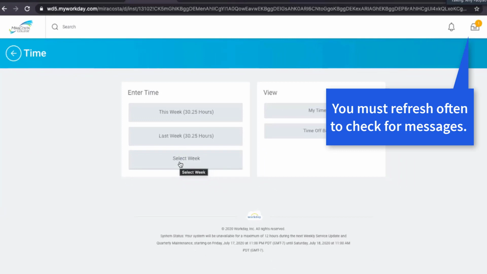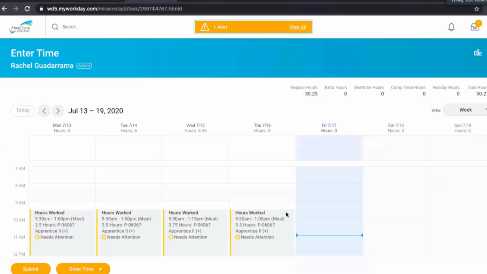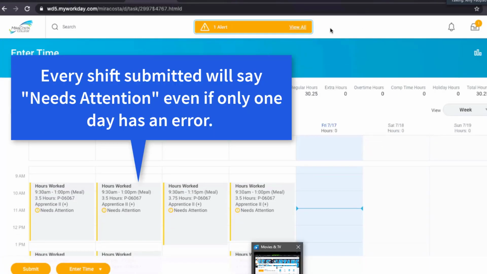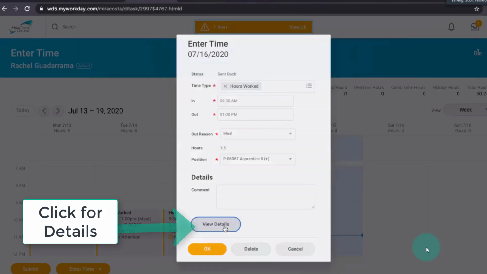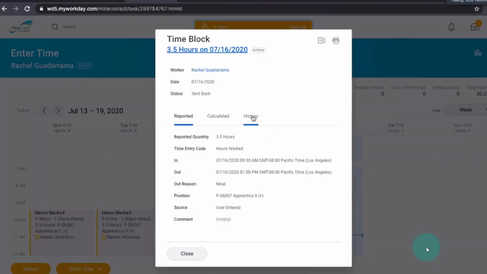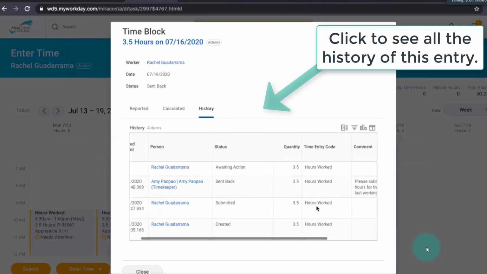So if you've submitted something and you didn't log out and it got sent back to you, you will not see that icon show up unless you click refresh. Any shifts that are sent back to you may have an error. So if you click on the needs attention, the error is only related to one area. So you need to click view details and possibly history